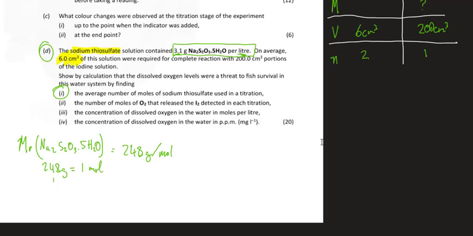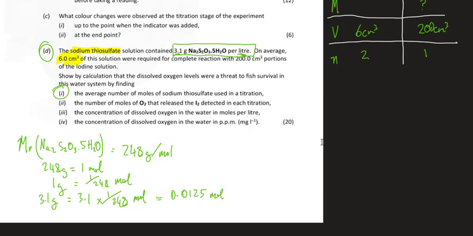So how many moles are there in 1 gram? So we divide both sides by 248. On the left, I get 1. And on the right, I get 1 over 248. And that's the number of moles. And then how many moles in 3.1 grams? This is what I want to know. So multiply the fraction by 3.1. So 3.1 by 1 over 248, and that equals 0.0125